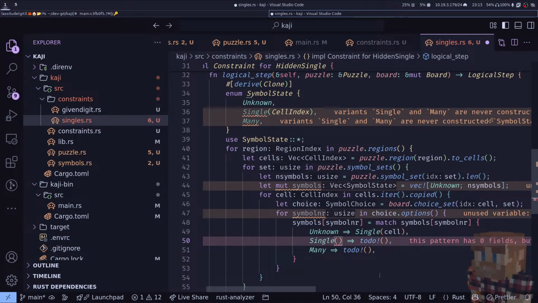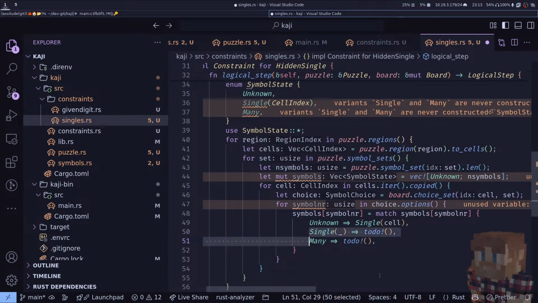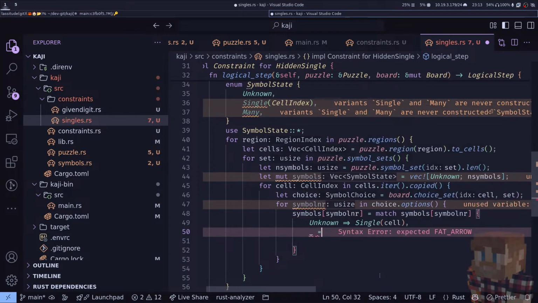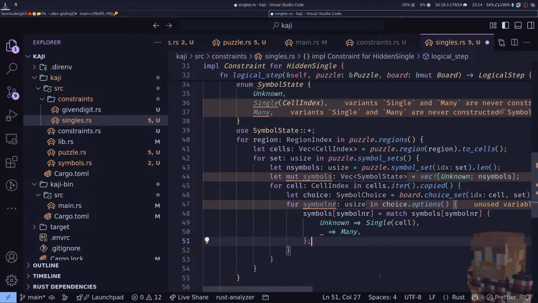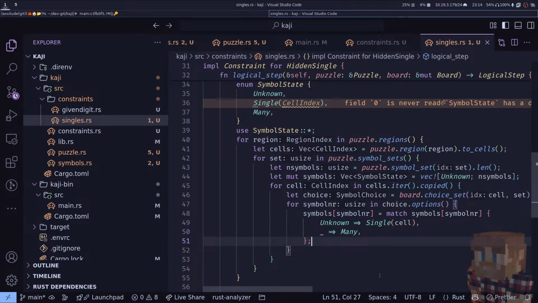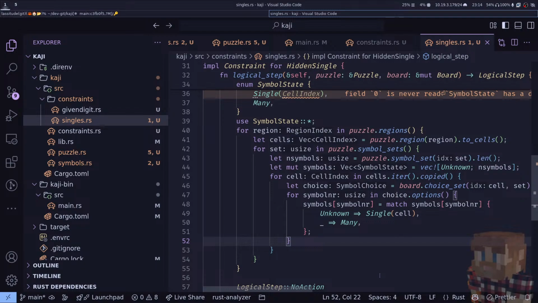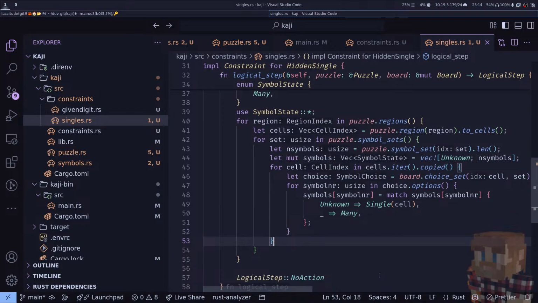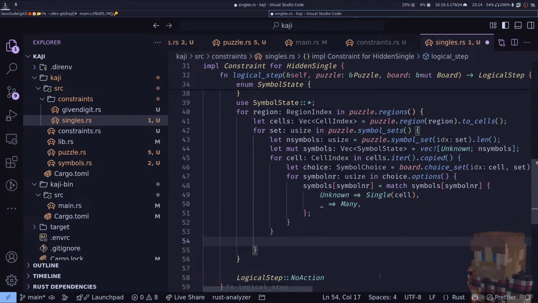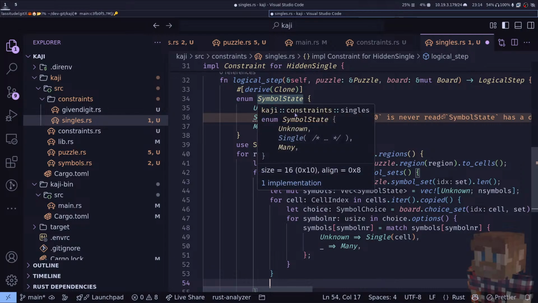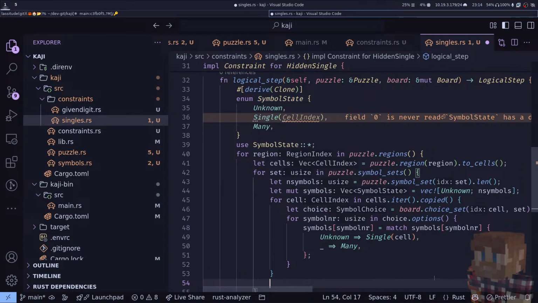Single cell or Many becomes Many. Right. At this point, if one of the symbols is single, then